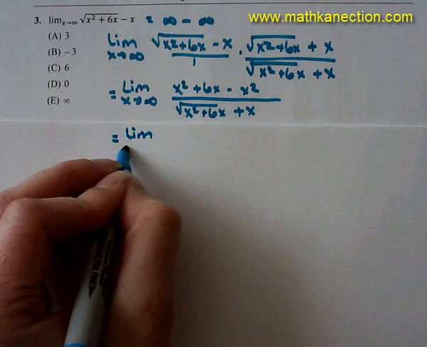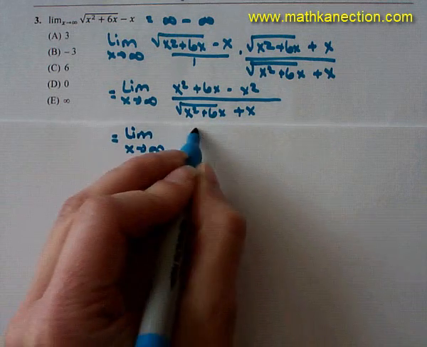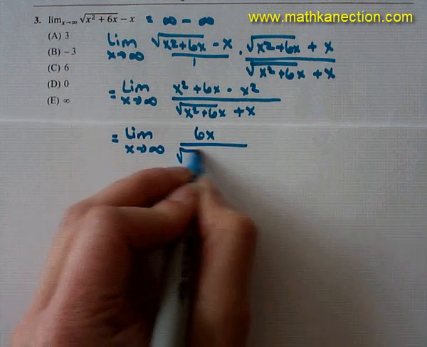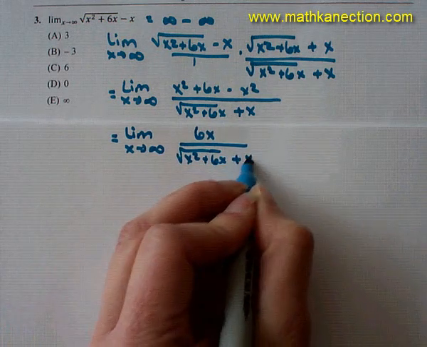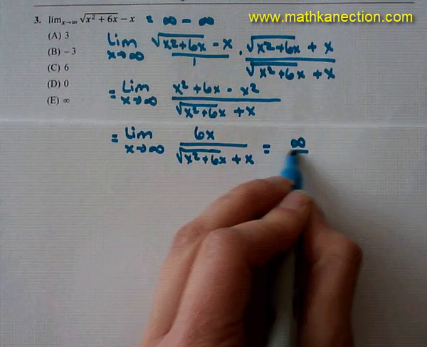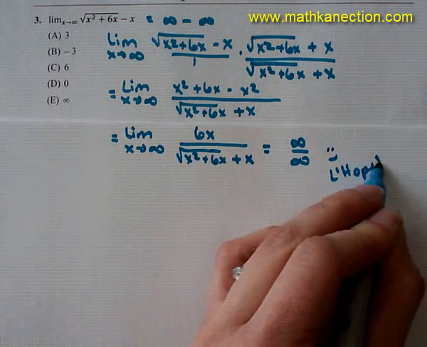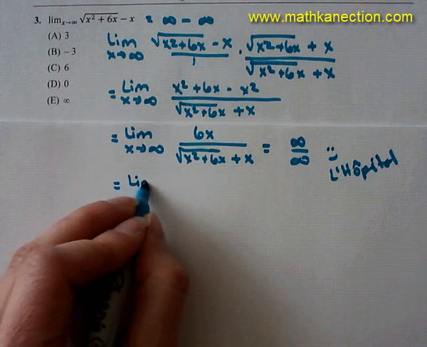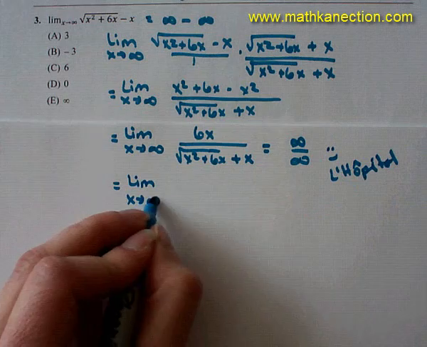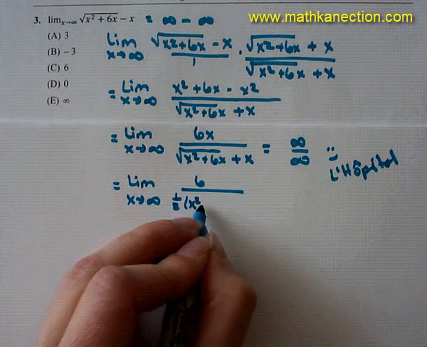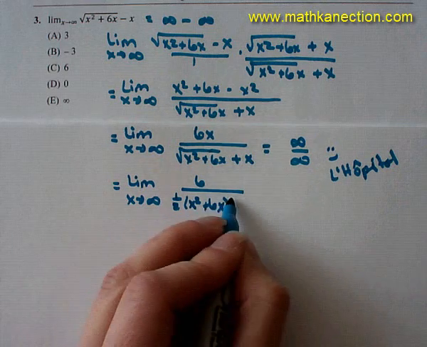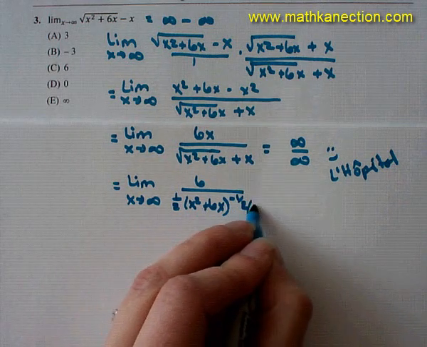And then simplifying, that's the limit as x approaches infinity of 6x over the square root of x squared plus 6x plus x. Substituting infinity, we get infinity over infinity, so we'll be able to use L'Hopital's rule. So we have the limit as x approaches infinity, derivative of 6x is just 6. Denominator, we have 1/2 times x squared plus 6x to the negative 1/2 times 2x plus 6,